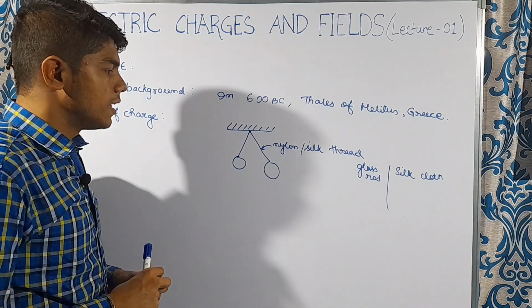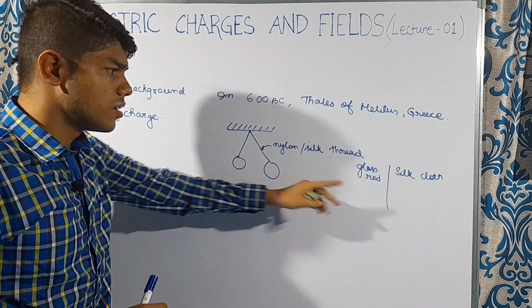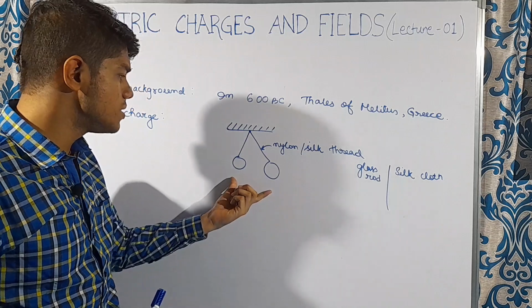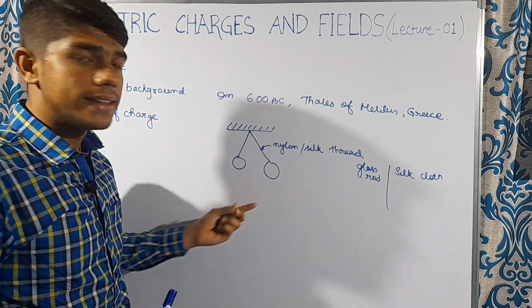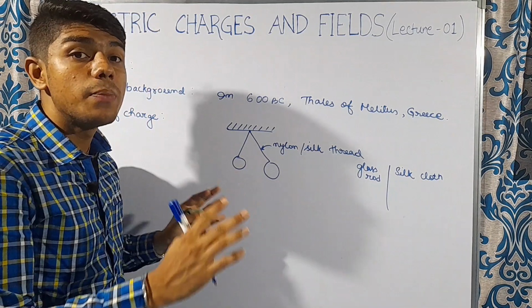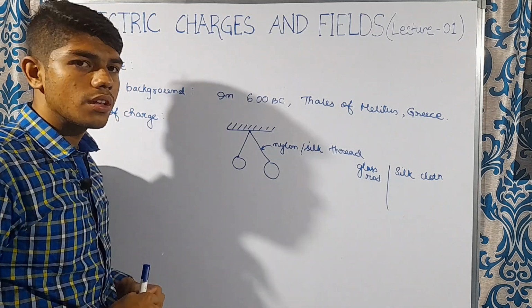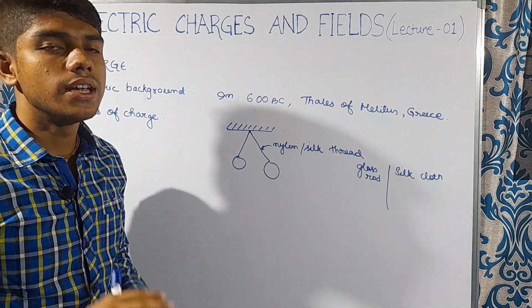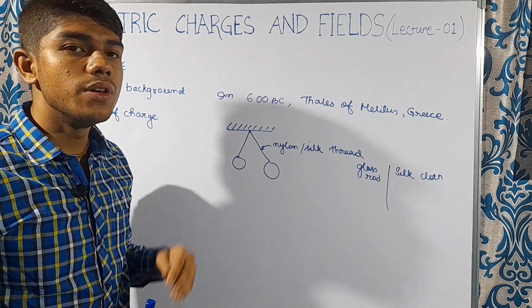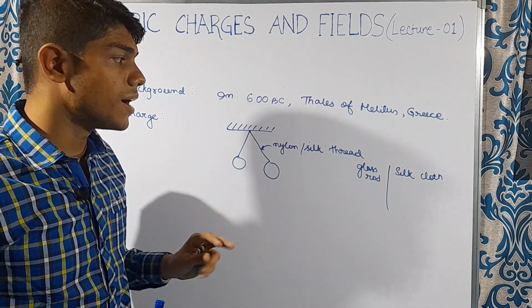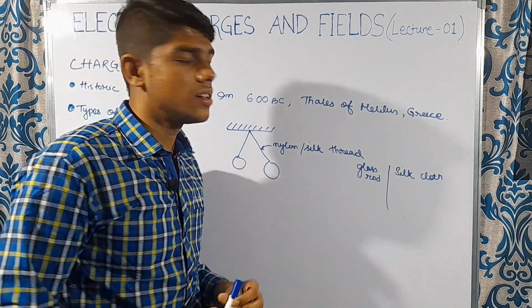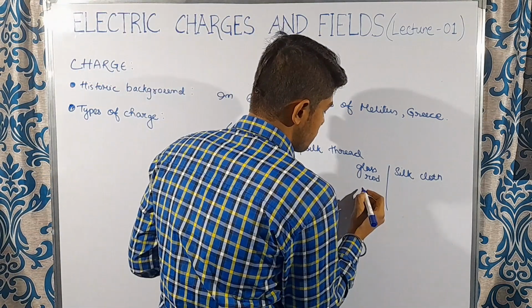Once you touch the glass rod with both these pith balls, you will see that the two balls repel each other, means they will move away from each other. This is the first part of the experiment. In the second part of the experiment, we will repeat the same procedure but with two other different objects. They are